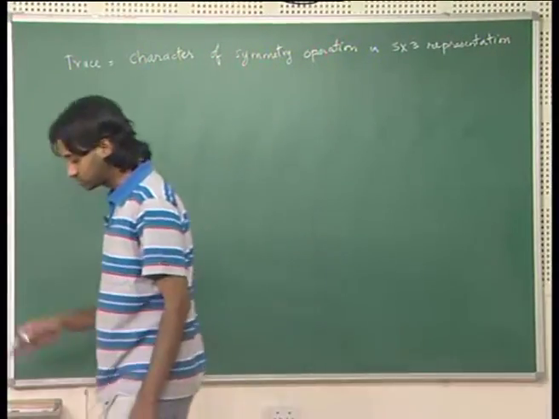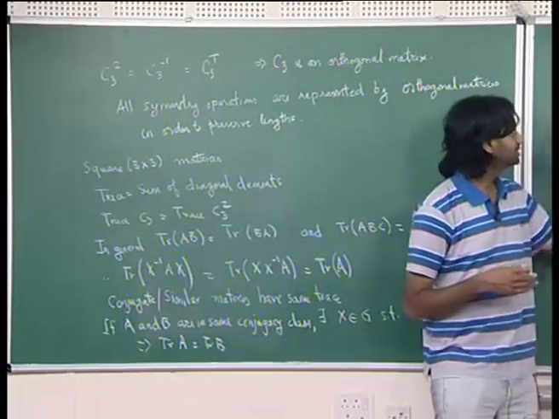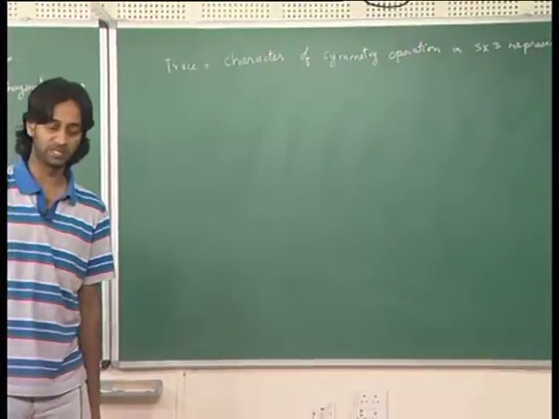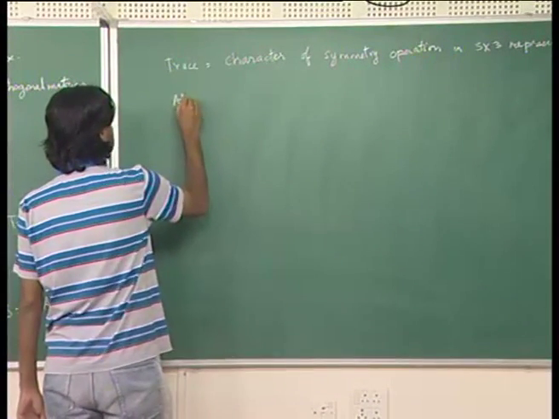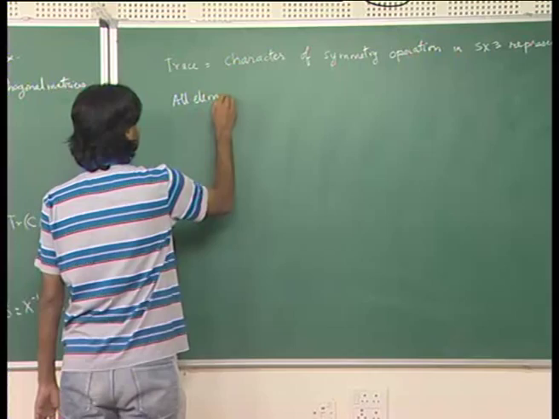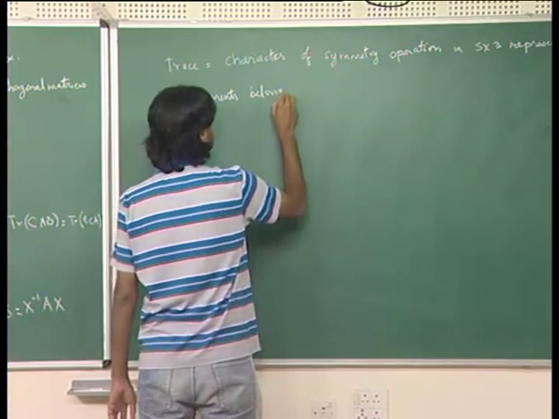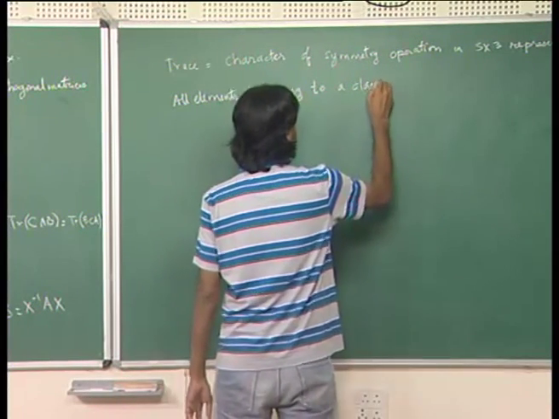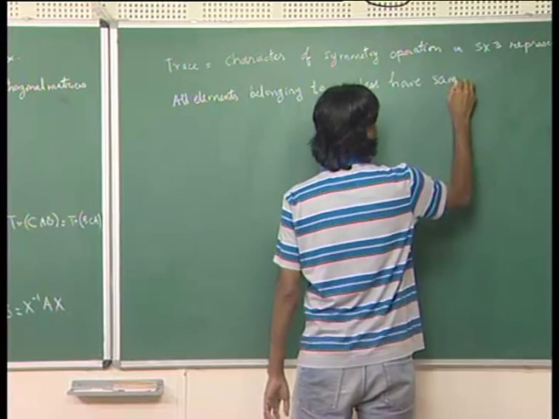So, when you represent the symmetry operation as a 3 by 3 matrix, then the trace is said to be the character of that symmetry operation. So, what we notice is that all elements belonging to a class have the same character,